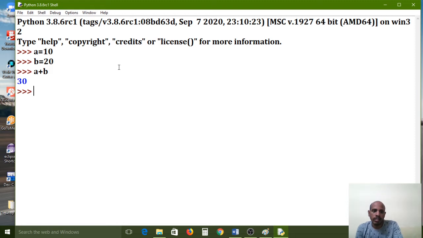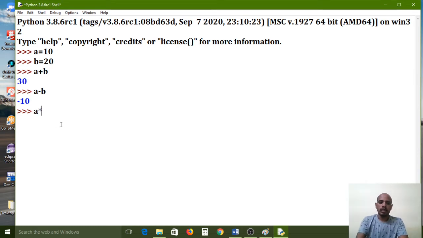So a is equal to 10, b is equal to 20. The result is 30, it is representing 30. Next, a minus b. So minus 10. Is that the right answer? Yes, it is the right answer, because a is equal to 10, b is equal to 20. So a minus b, the result is minus 10, because b is the bigger value now. B contains 20, so when the smaller value minus the bigger value, it will represent with a minus value.